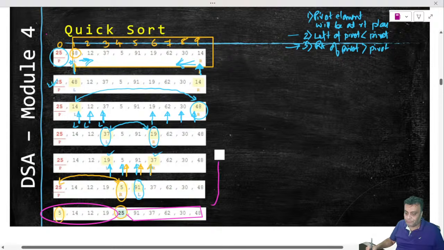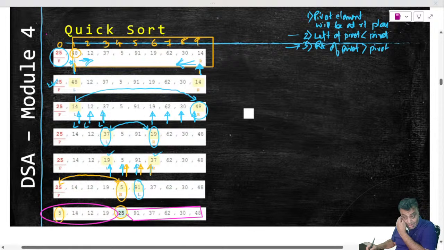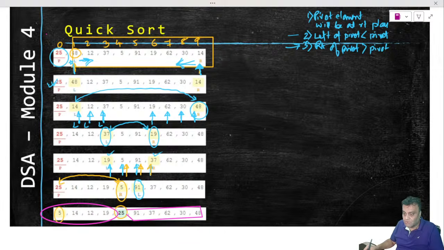I'm just going back to the chat window to see if anything has come in. So if you have doubts, if you want to stop, if you have any questions, please feel free to ask in the chat window. Anyway, we will come back into the quiz mode also once this is done, so we will take a pause there also. But now let's continue with what we started.